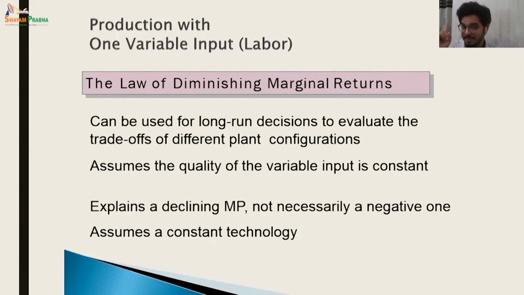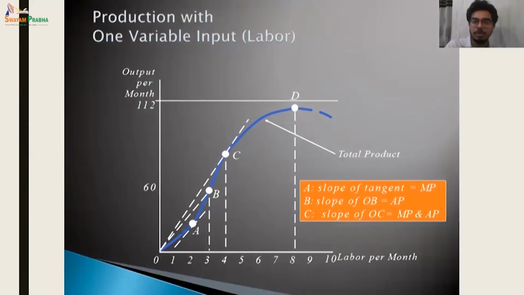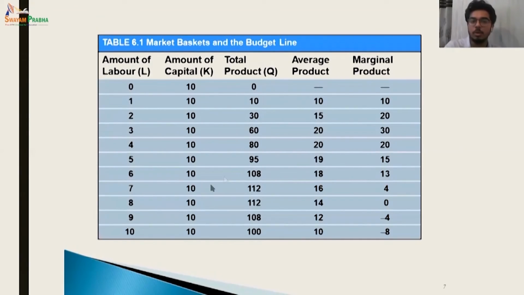Long run decisions. Now we are discussing the short run, where we have been changing only labor, keeping capital fixed at 10, 10, 10, 10, 10. If you have missed, over here you can see, only labor is changing. It's a short run scenario, and I cannot change both the factors of production. So capital remained fixed.